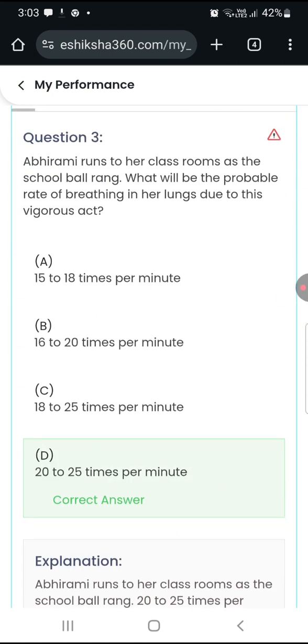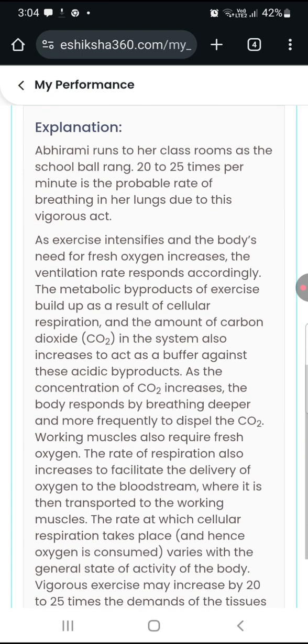Abhirami runs to her classroom as the school bell rings. What will be the probable rate of breathing in her lungs due to this vigorous act? Answer: 20-25 times per minute. Explanation: Abhirami runs to her classroom as the school bell rings. 20 to 25 times per minute is the probable rate of breathing in her lungs due to this